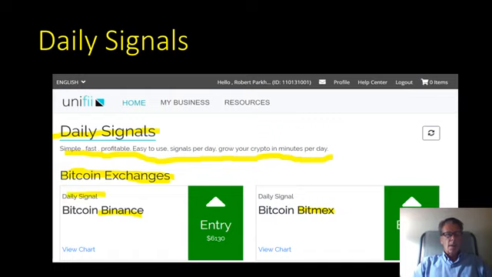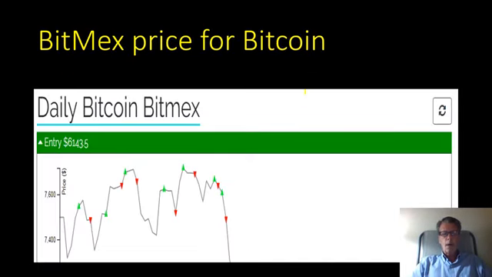They give you a daily signal from Binance at the entry price of $6,130. BitMEX, they give you an entry price of $6,143.50. Let's take a look at what's going on with BitMEX. Okay, we can view the chart. We can hit up the signal. Let's take a look. Once I take a look at the chart, because I always dive in to my trading,